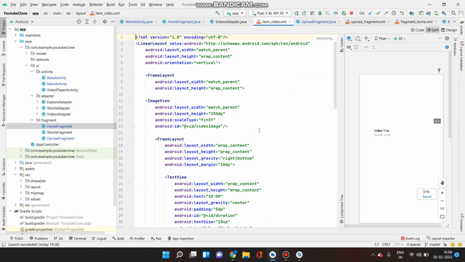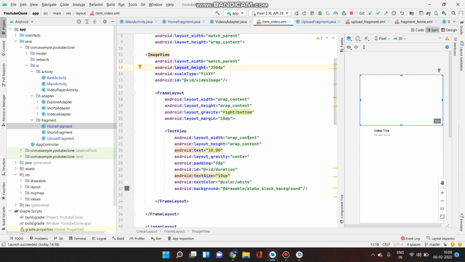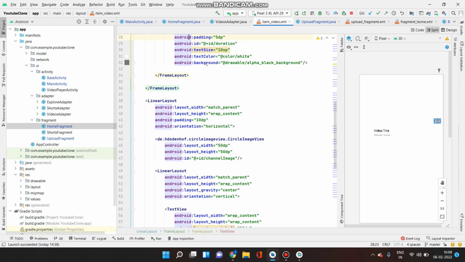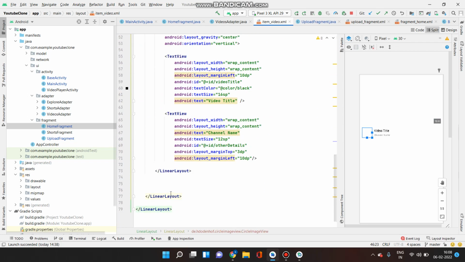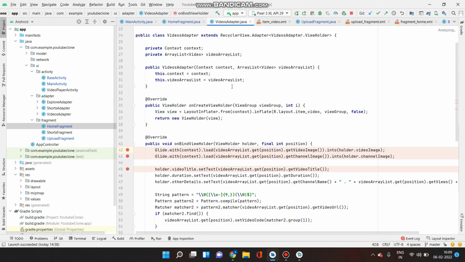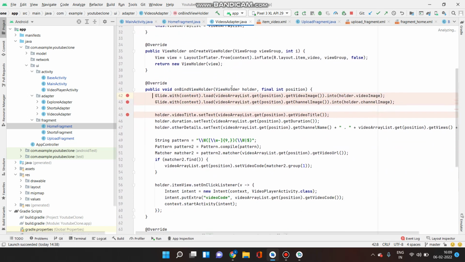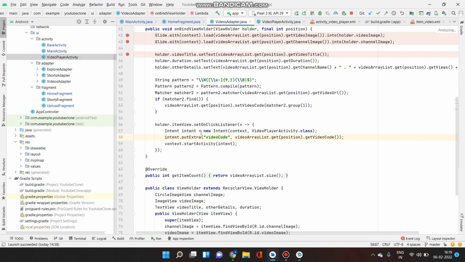So let's see the view of the adapter. So basically this is the view which is inside a linear layout. It has an image, this is the video image, and then it has the duration which is being fetched from the database. All the data, channel image and channel name and all the data are shown here. As the data are already added into the array list, it will be taken from there and assigned into these views. So that was all about the Firebase real-time database. So now let's see how the YouTube player works.